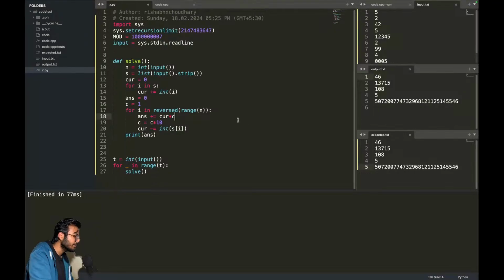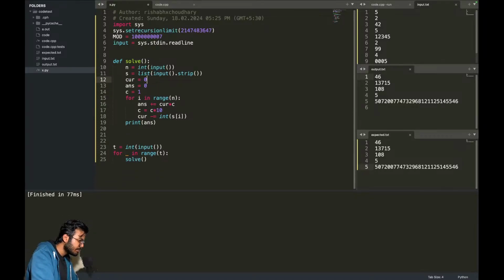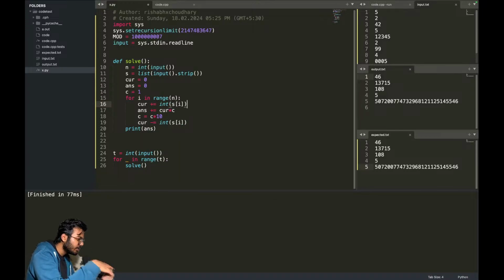How do we optimize it further? Why is this even giving me a time limit exceeded? Because I'm doing two loops, maybe that's why. Yeah, what I can do is do this in reversed order only. First I can traverse the string in this order only. Now current is equal to 0, answer equals to 0, current plus equals to int s of i. Okay, so I have this. Now since I have this, what I can do is